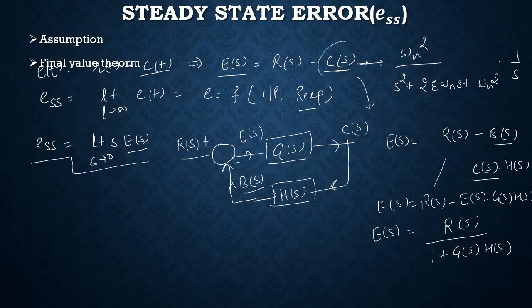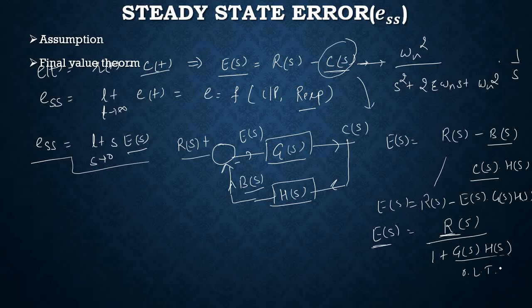Here we need to find out the response of the system. That is actually creating the problem, that makes our analysis a little exhaustive. We have to put effort to find out the response of the system. But in this case, we don't need to find out the response, because while we find the steady state error by using the final value theorem, we just need to know the output, we just need to know the input, and we just need to know the open loop transfer function.